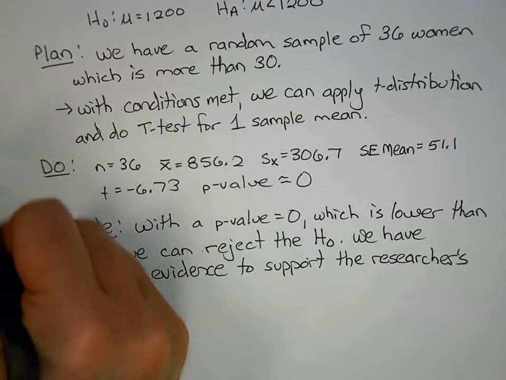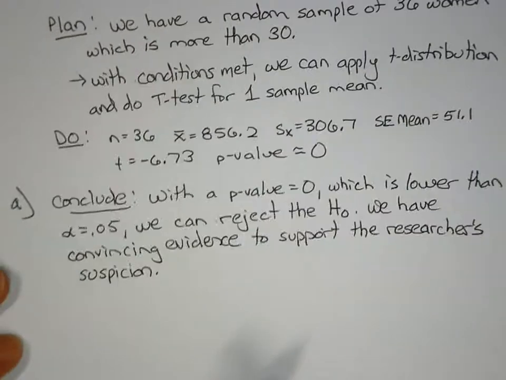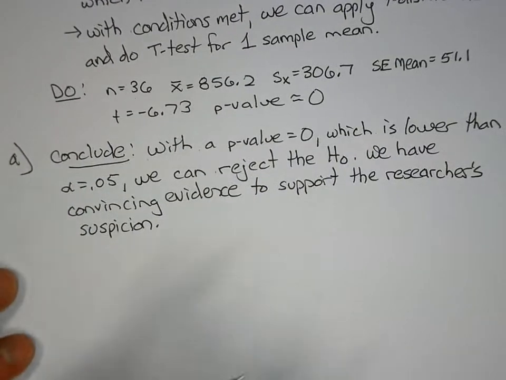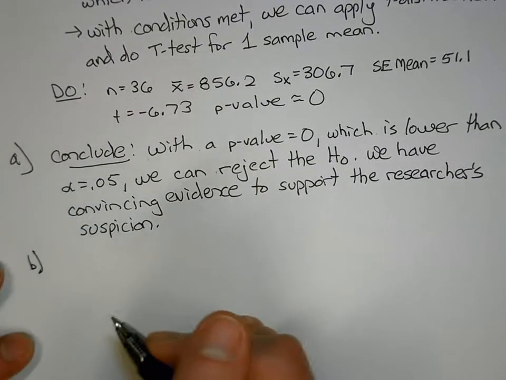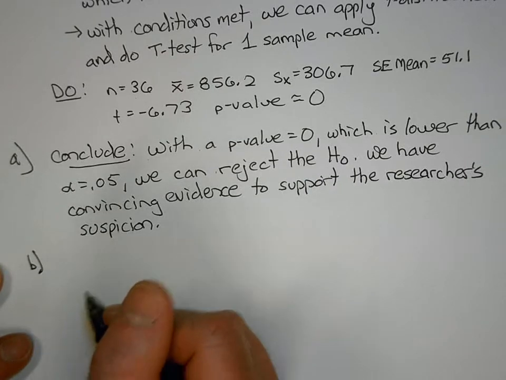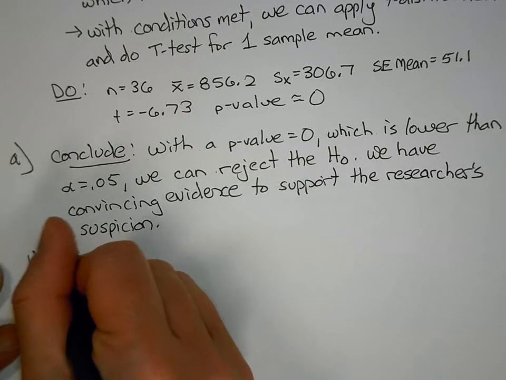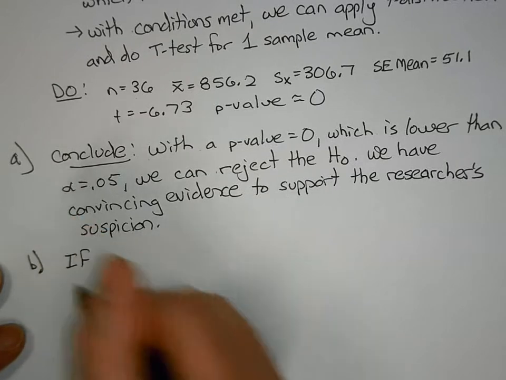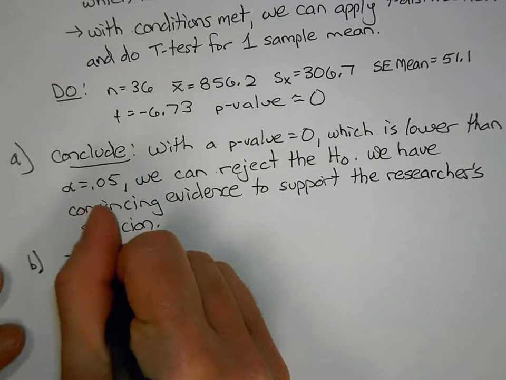Part B, this is really all they probably wanted for Part A, but it was good practice to do all the rest. Part B, I want you to interpret your p-value in context. And that is if the null is true, if the H0 is true,